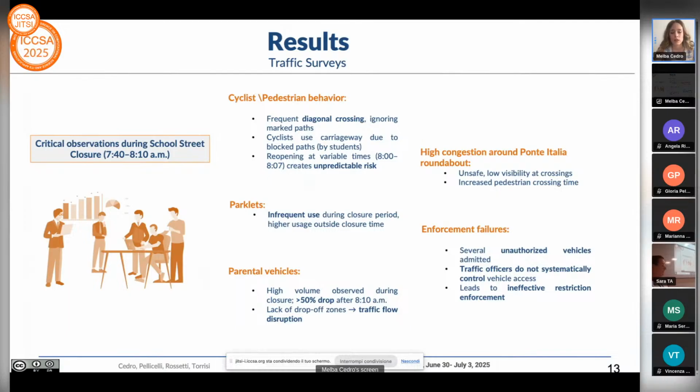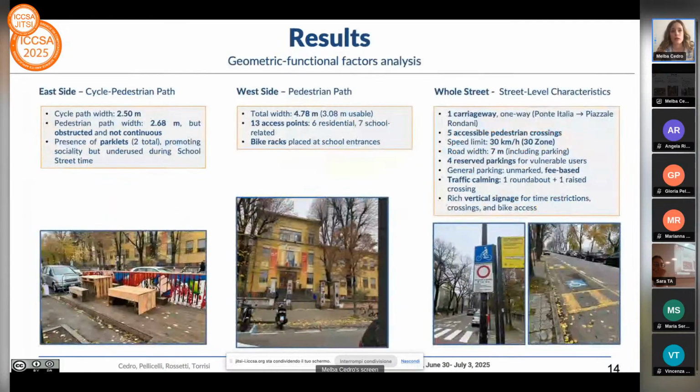And then several unauthorized vehicles were able to enter during the closure of the street, largely because traffic officers were not systematically managing access. And lastly, parental vehicles contributed to a high volume of traffic during the closure. However, there was a sharp drop of over 15% after the opening of the street, indicating that many cars are linked to school drop-off. So, as part of our work and spatial analysis, as I said, we examined the